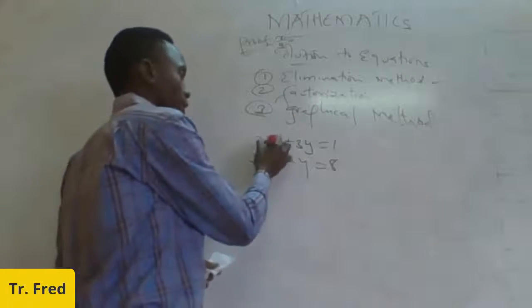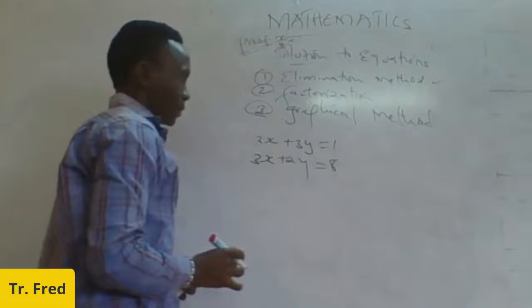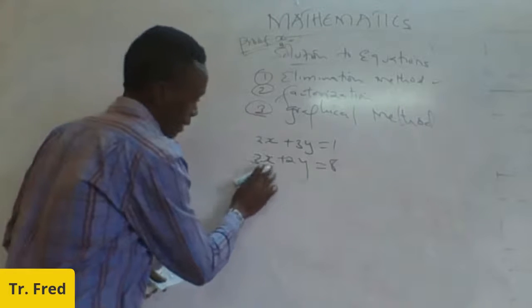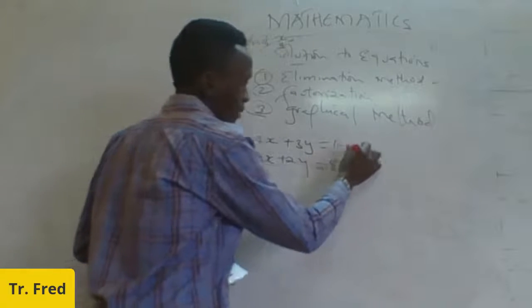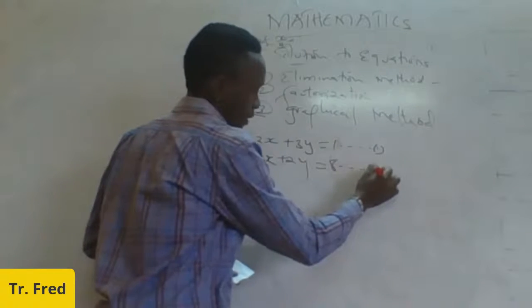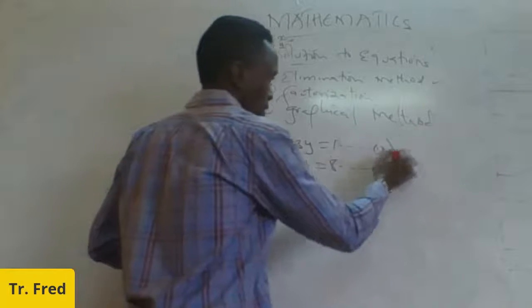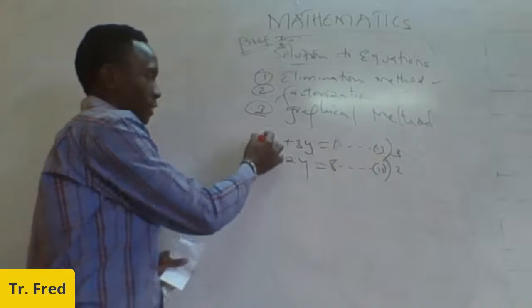First, you make either the x's the same or the y's the same. For our case, you can start with the x. How do you make the x's the same? You have to multiply the first equation, call this one equation 1, and call this one equation 2. Multiply equation 1 by 3, and equation 2 by 2, so that you can arrive at the same values of